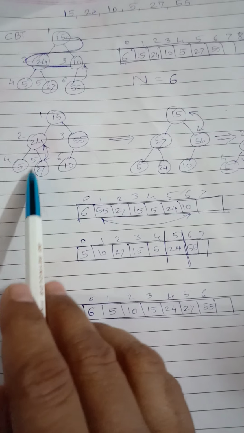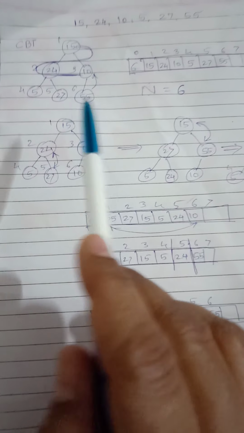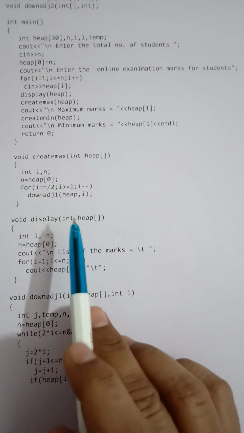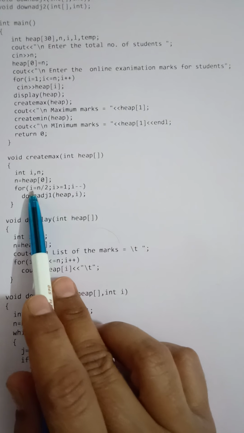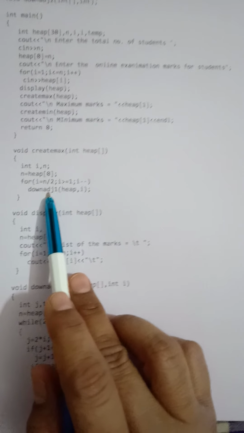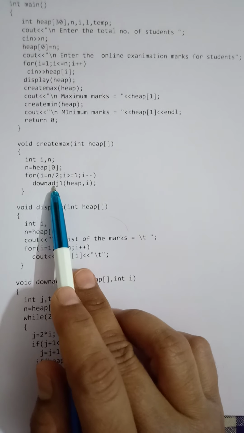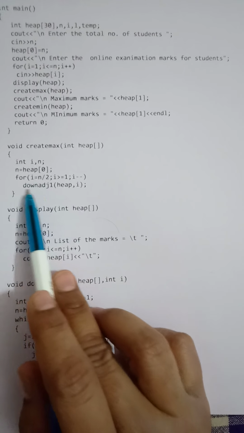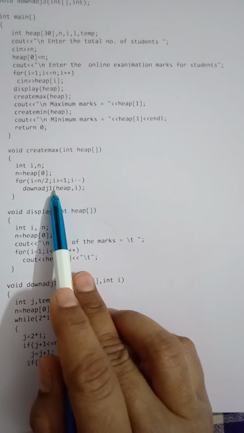And on completing the loop, the root element gives you the minimum value of the tree, and print that value. So this is create max, the for loop and the down adjustment function. If you are not getting my explanation, then read the book and see the down adjustment function.